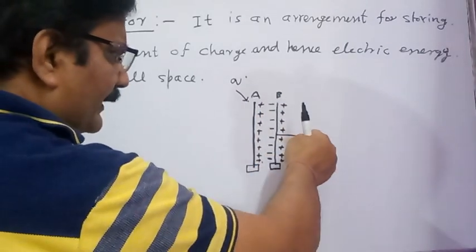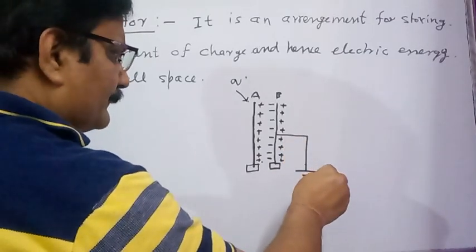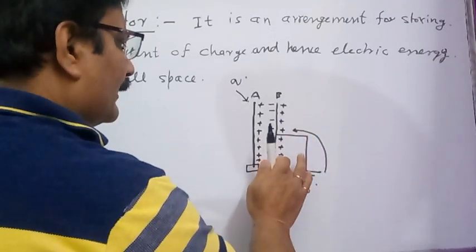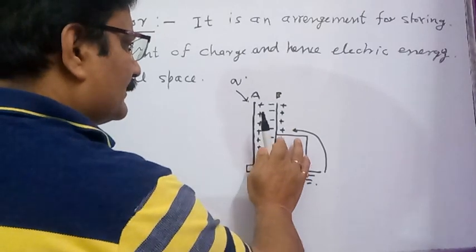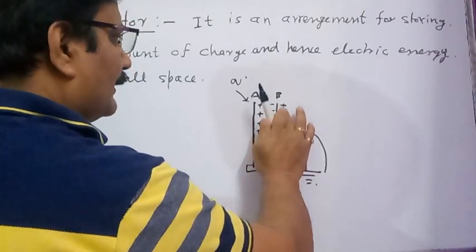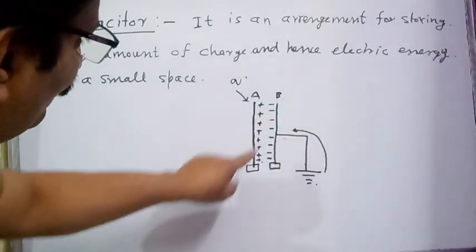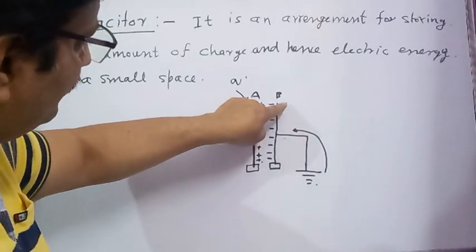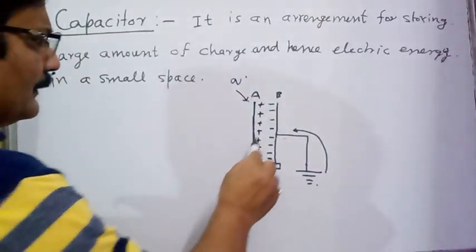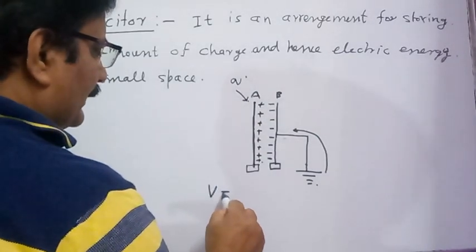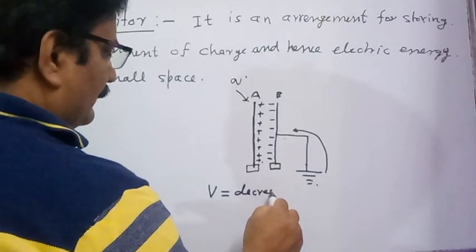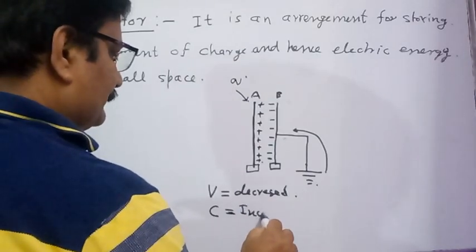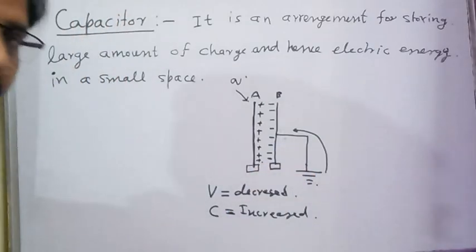As soon as we connect conductor B to the earth, electrons flow from the earth to the conductor and neutralize these positive charges, and these positive charges vanish from the surface of conductor B. There is no increasing effect of positive charges remaining on the other face of conductor B, so the potential on the surface of conductor A is decreased and its capacitance is increased. This is the mechanism